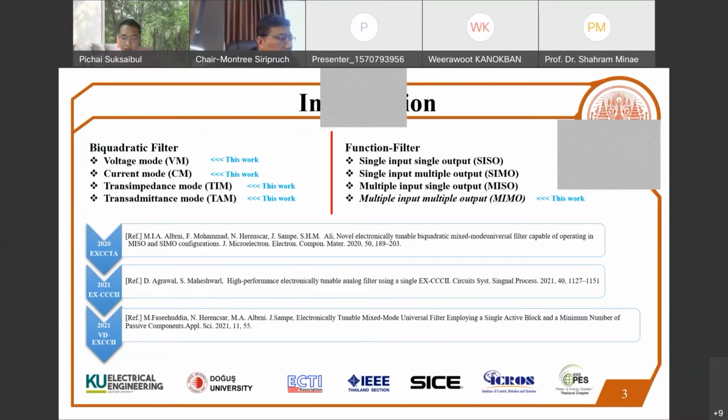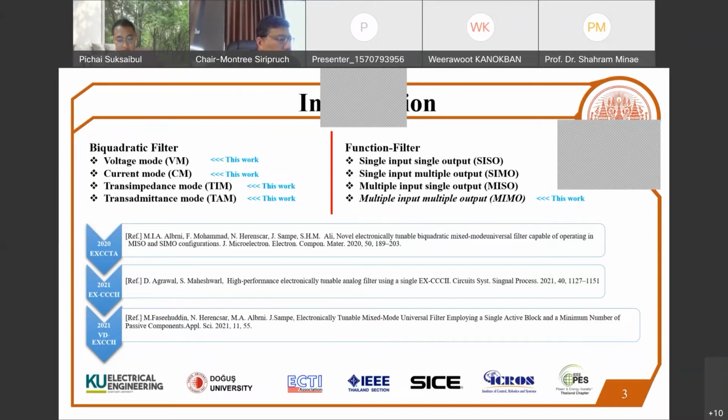Each of them has 5 filtering functions, so in total there are 20 filtering functions. Moreover, filters are divided by input and output operation: single input single output, single input multiple output, multiple input single output, and multiple input multiple output. We will focus on multiple input multiple output and 20 filtering functions,